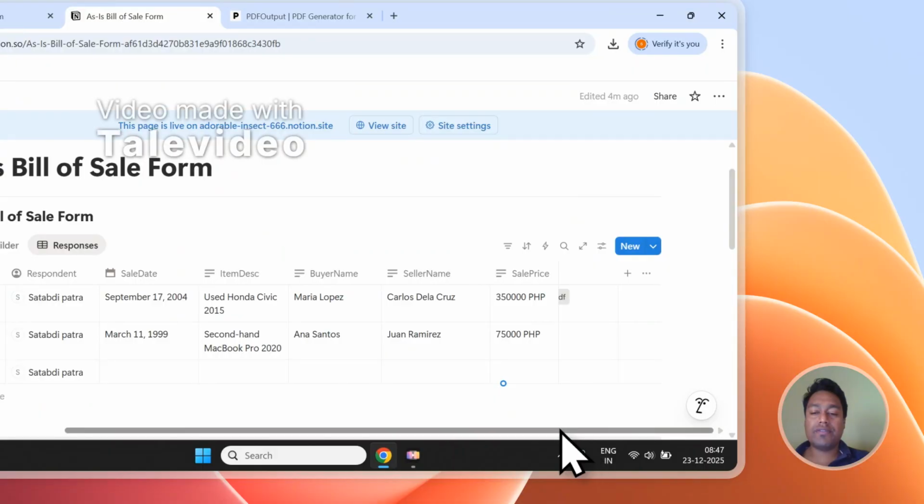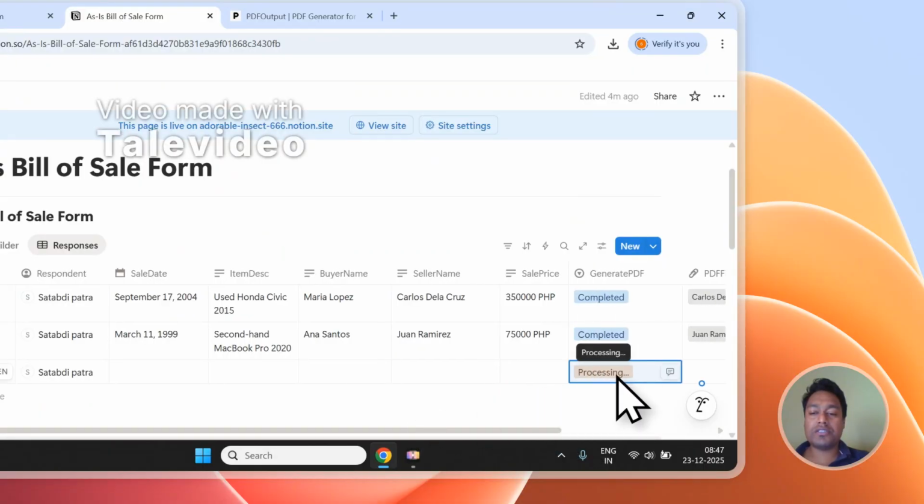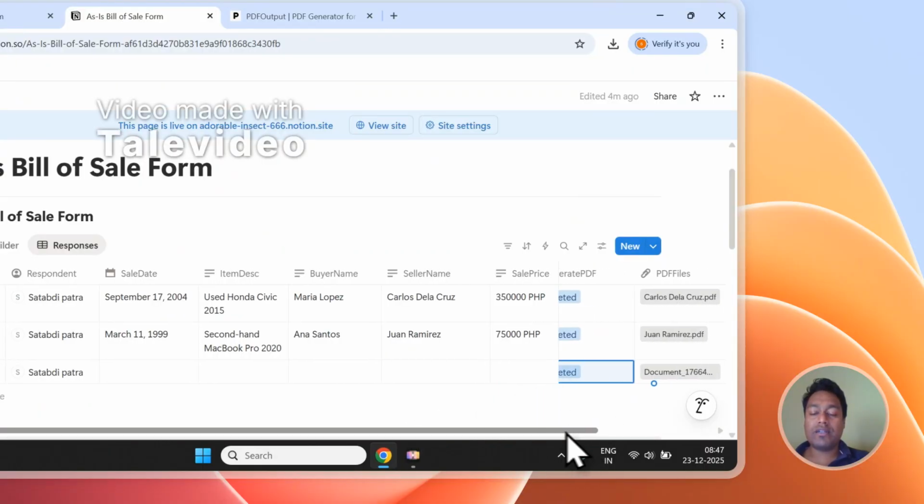But that was it from my side for the entire demonstration, and you can see it is processing this document, and it has even completed and created the document right inside the database right over here. So this was how the PDF was